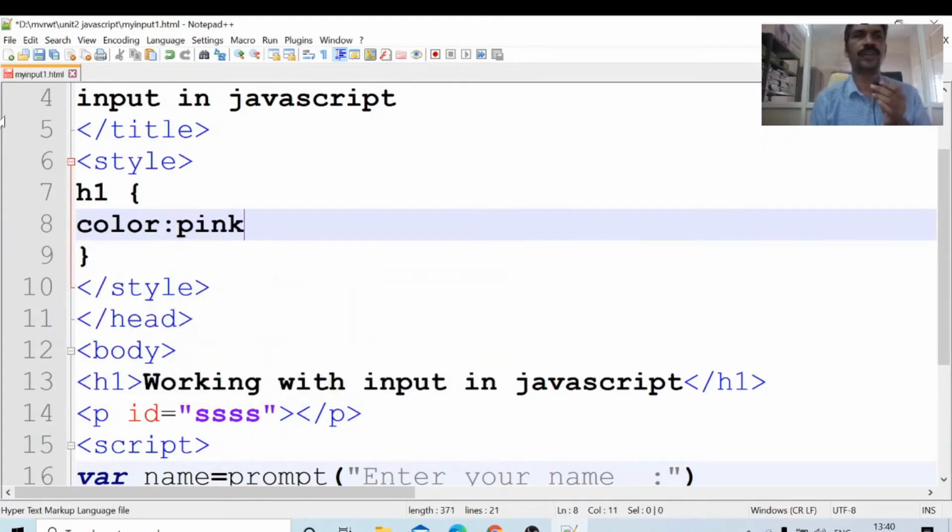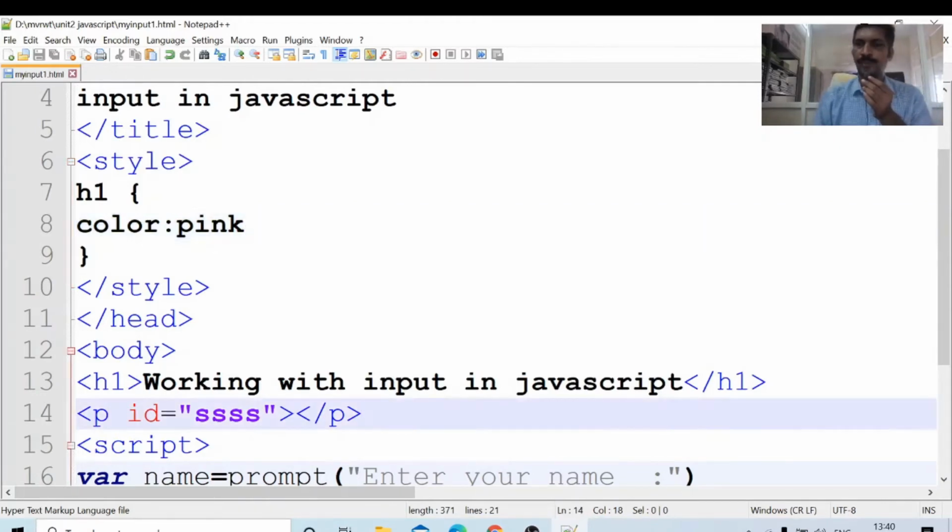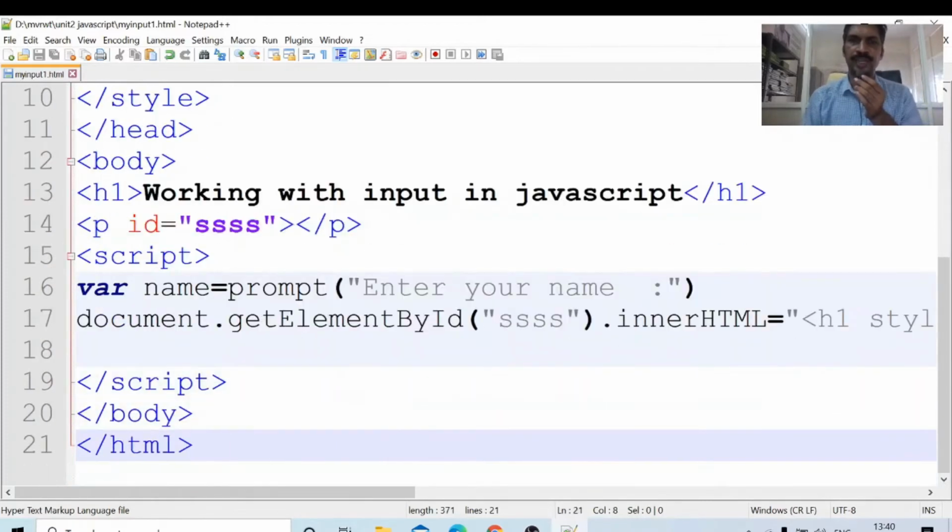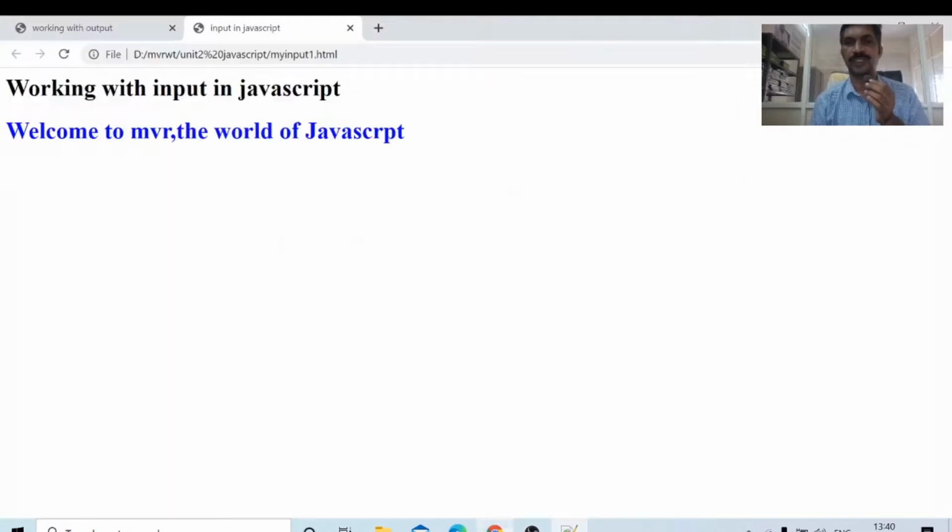Whatever H1 I have given, all those will appear in pink color. Here H1 is there, working with input in JavaScript. This will appear in pink color, but this will appear in blue color because first inline, next internal, next external style. In this fashion the styles can be applied. This is about inline styles.